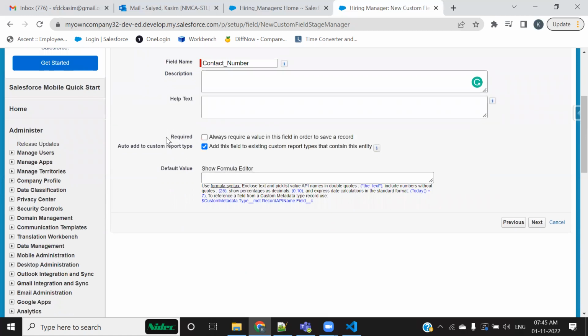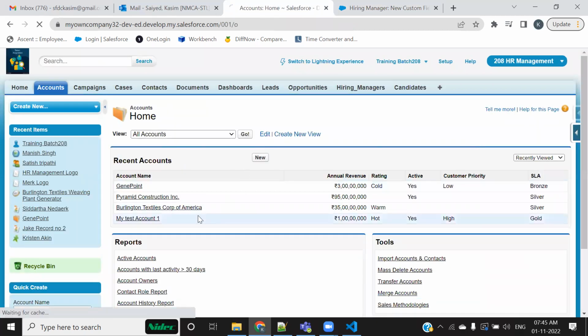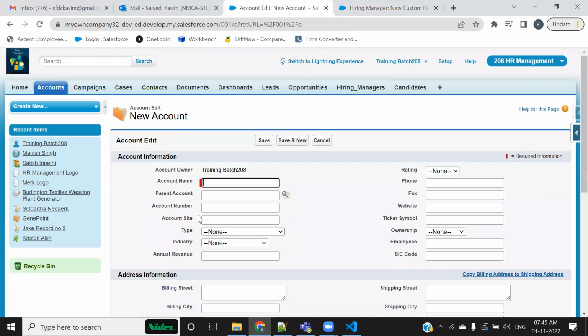All right. So if you want to make this field required, there is a small checkbox. If you click this, the field is going to become required. What's a required field, by the way? See, if I go to account, for example, and try to click on the new button, any field where you can see the red marking is a required field.